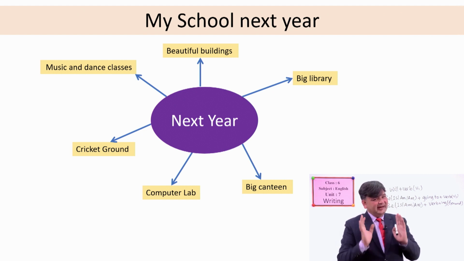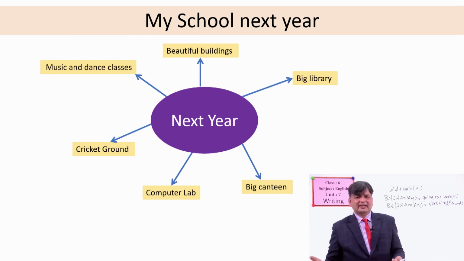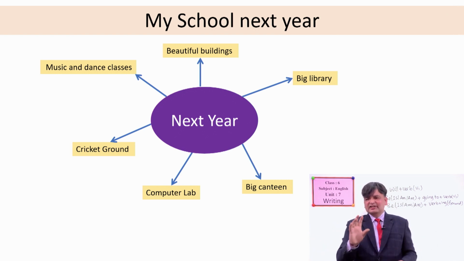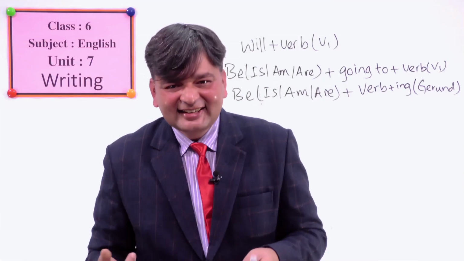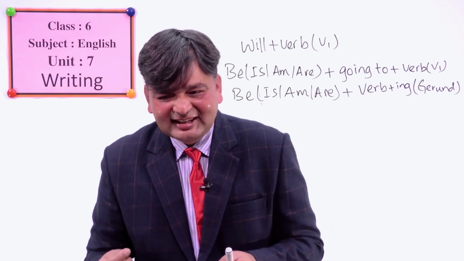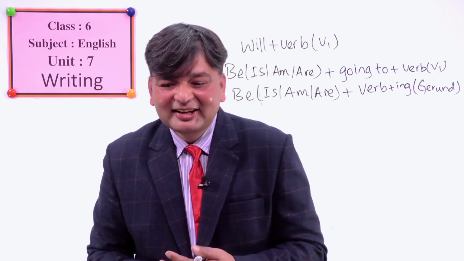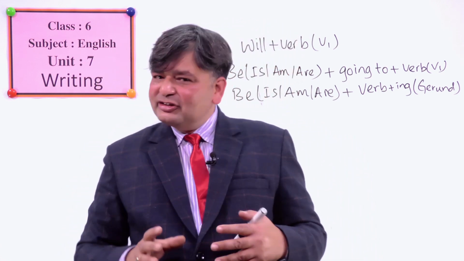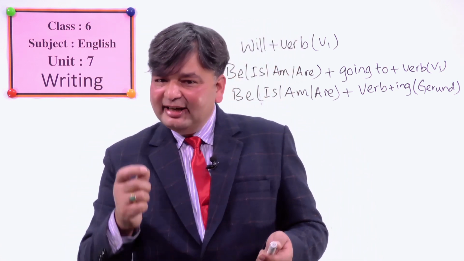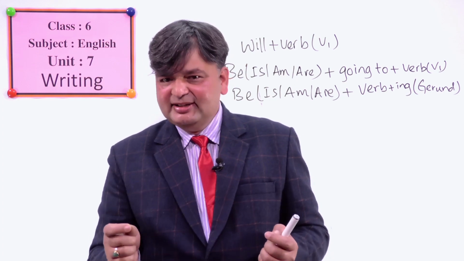You can write one sentence for one, or maybe if you think necessary, 2 sentences for each of these points. You'll have a good paragraph about your school next year, right? Okay. So, did you understand what I mean? Good. So, can you do that? Yes. So, you need some clues about how to begin, right? So, I will tell you how to begin in the next exercise, next item, right?